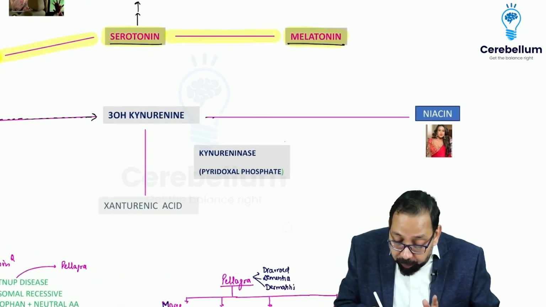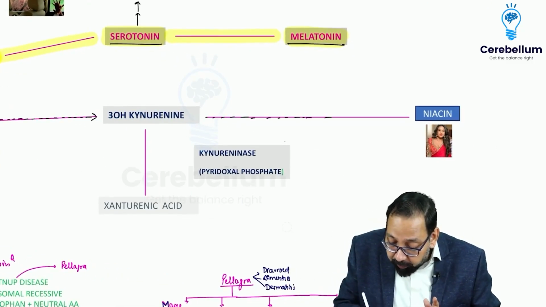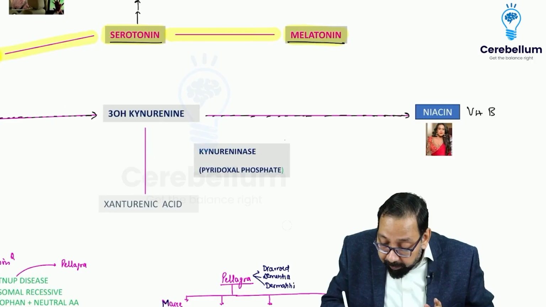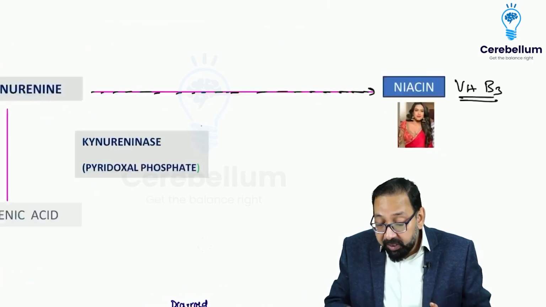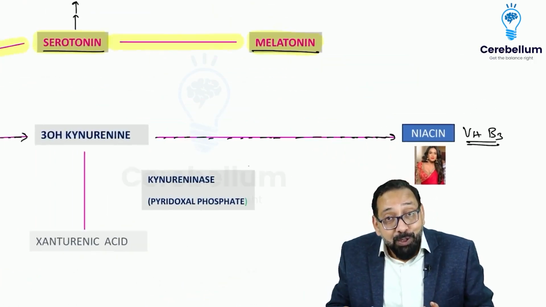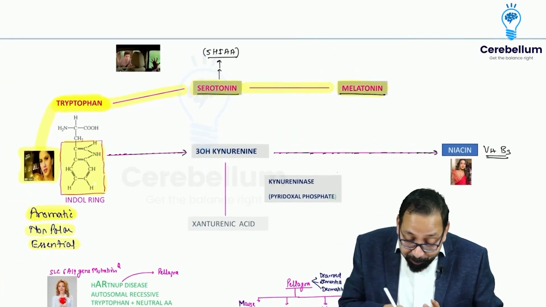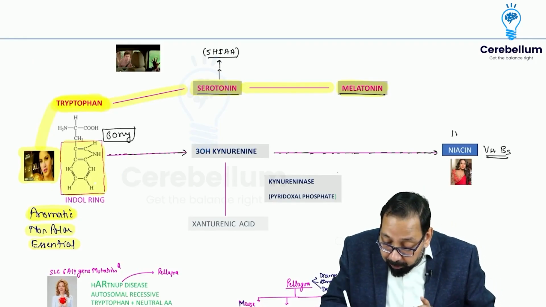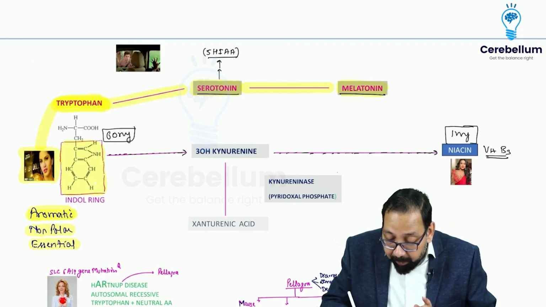This 3-hydroxykynurenine is further converted to niacin. Niacin is vitamin B3. Vitamin B3, I remember niacin as Nia Sharma. So we know that 60 milligram of tryptophan